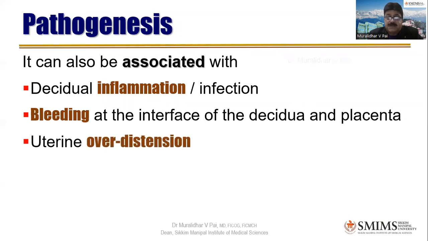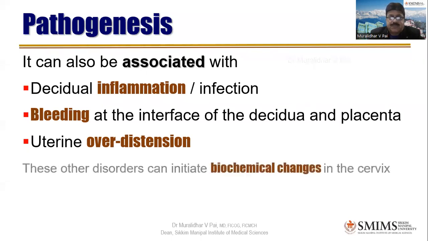Uterine overdistension. Now, this obviously is due to either a twin pregnancy or multiple pregnancy or polyhydramnios, big baby, that will exert pressure on the cervix. And already weakened cervix, structurally weak cervix, cannot withhold. It's not contractions again, it's a sheer mechanical pressure. That is the one which is giving rise to insufficiency.